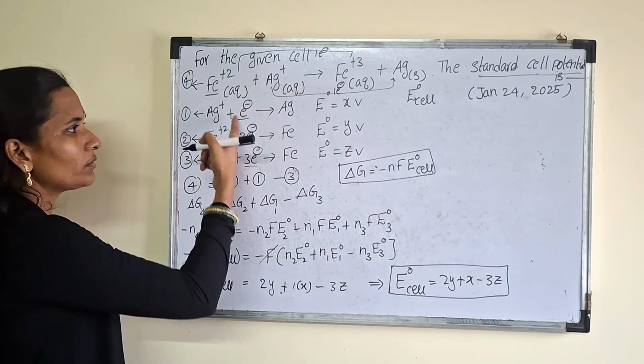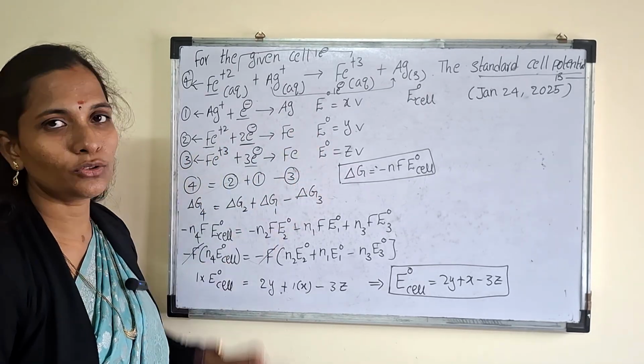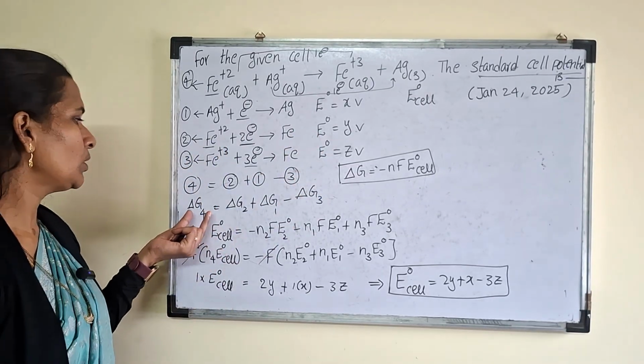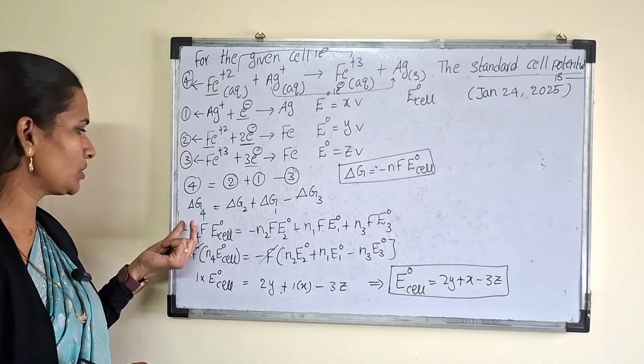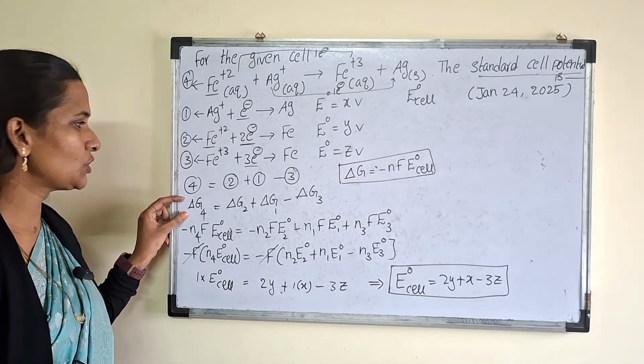By using these equations we calculated it, but don't add the E naught values directly. Here we have to add only the Gibbs free energy changes. So delta G4, the fourth equation's Gibbs free energy change, is equal to